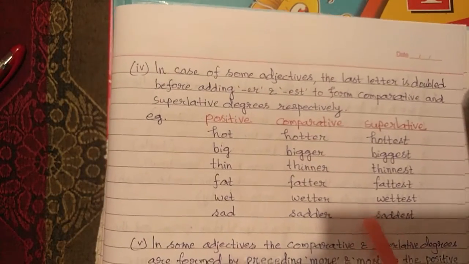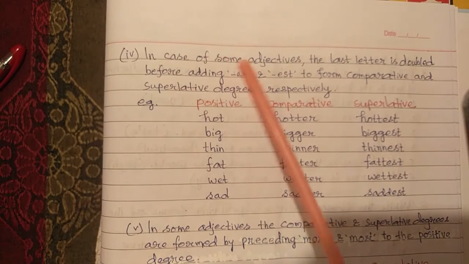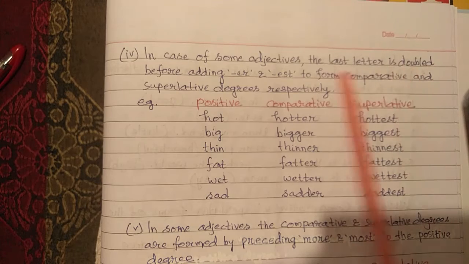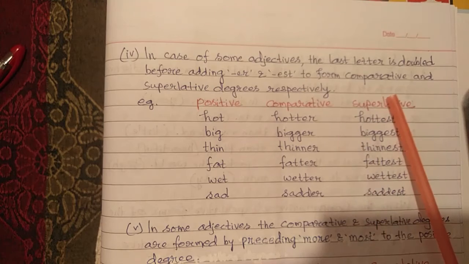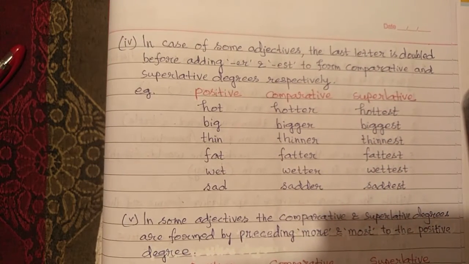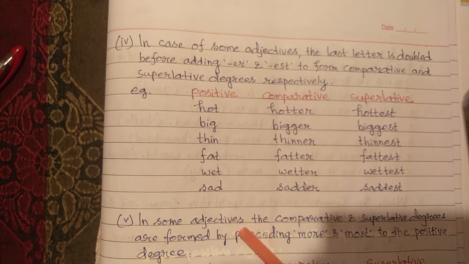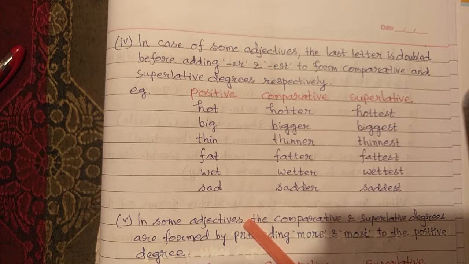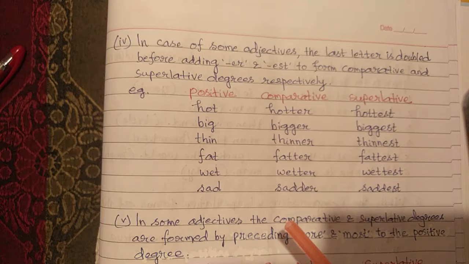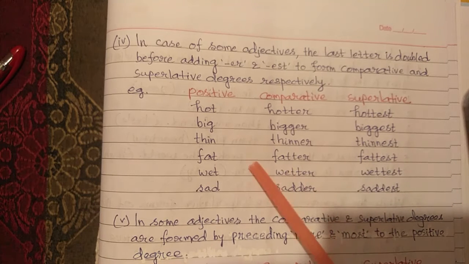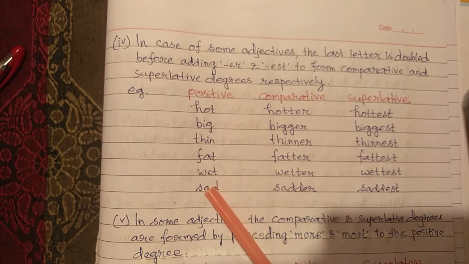So now the fourth way of forming comparative and superlative degrees. In the case of some adjectives, the last letter is doubled before adding ER and EST to form comparative and superlative degrees respectively. तो कुछ एडजेक्टिव में क्या होता है, जो लास्ट लेटर होता है उसको हम लोग डबल कर देते हैं, और उसके बाद कंपैरेटिव डिग्री में ER डाल देते हैं और सुपरलेटिव डिग्री में EST जोड़ देते हैं, और बन जाता है कंपैरेटिव और सुपरलेटिव डिग्री।